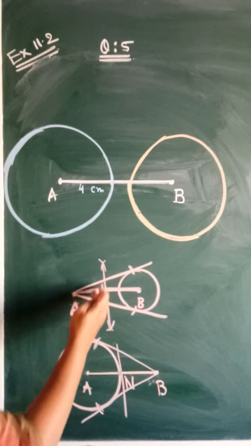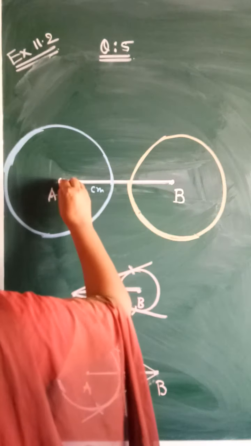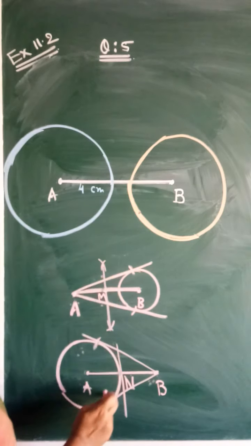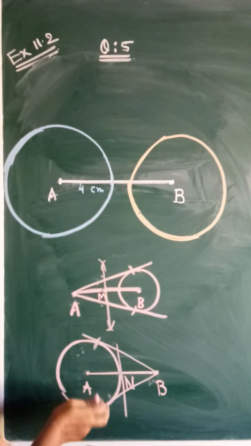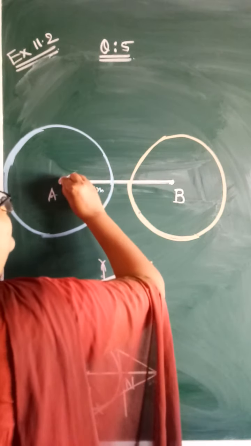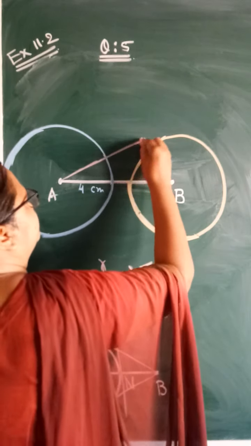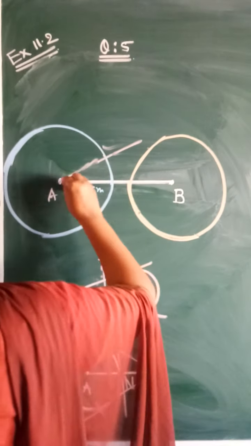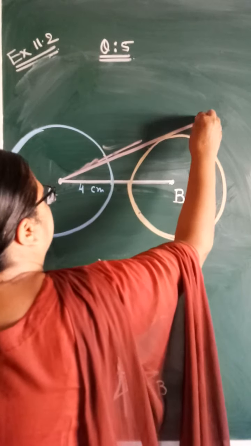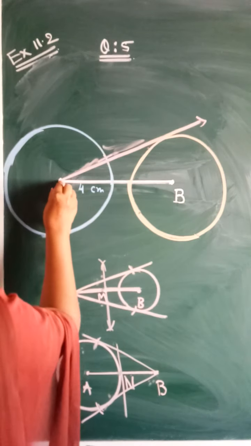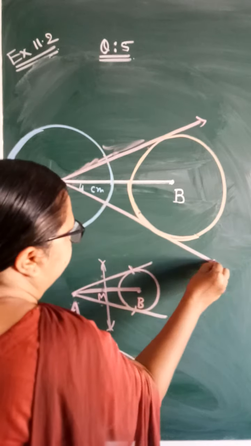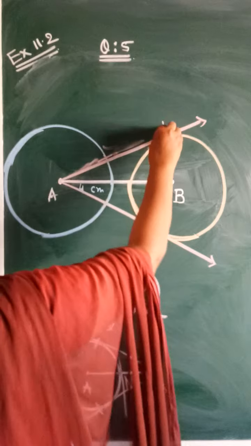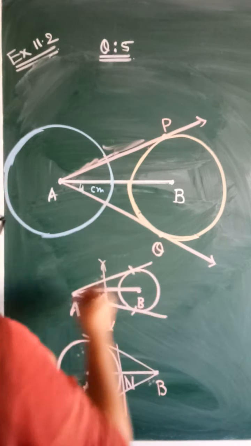Now this figure if I combine, it will look like this. Taking here first of all, as I told you in the explanation. Now I am drawing only the figure of how it will look. So it will look like this in your notebook. You can give any name here of your choice. Suppose I am writing P, here Q.